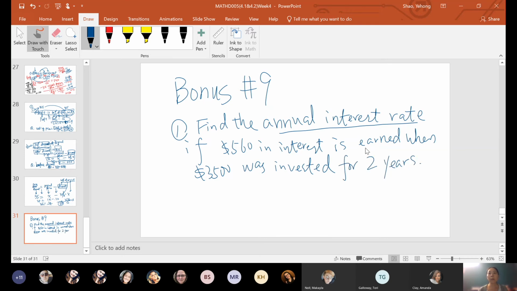Okay, I'll give you the formula here. It's I equals P times R times T. So you just make sure you plug in the right numbers. Remember, this is the one you're looking for, which is the rate. Now the second problem will be that